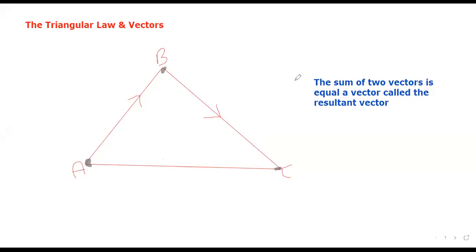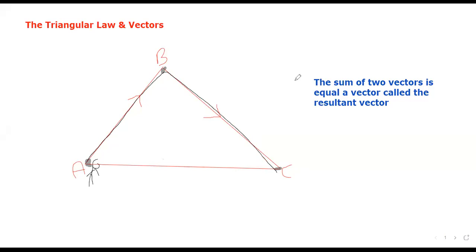Okay, so in this video, I'll be going over the triangle law with vectors, and I'll be doing some particle questions. Alright, so the first thing I want you all to get is that the triangle law basically says that the sum of two vectors is equal to another vector, and the name of this vector is called a resultant. Alright, so if you start here and you walk up this way and you walk down this way,